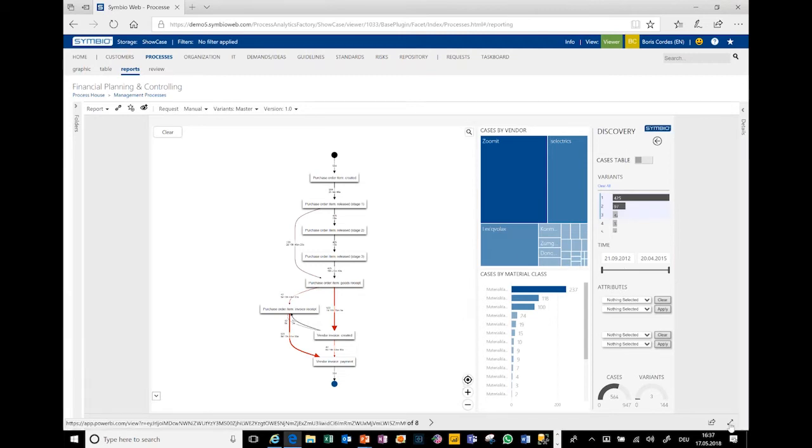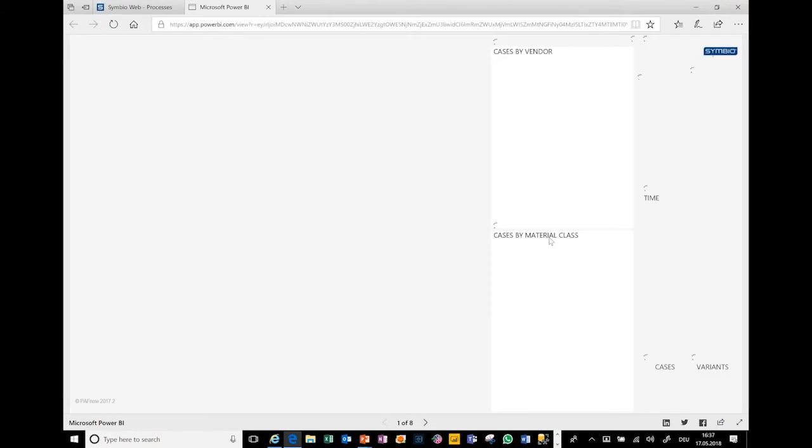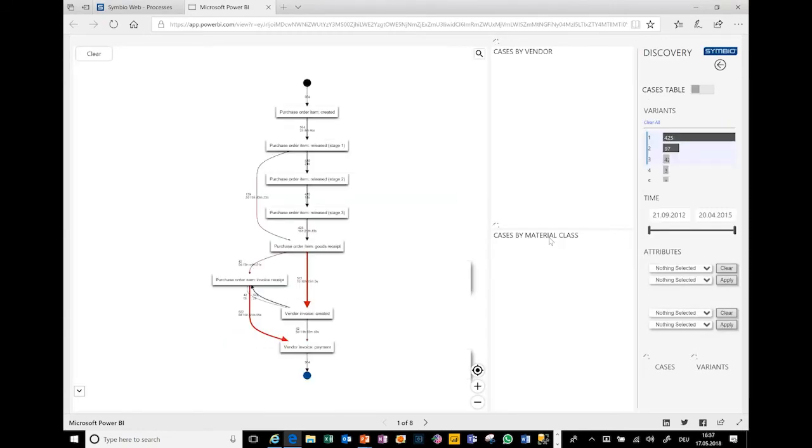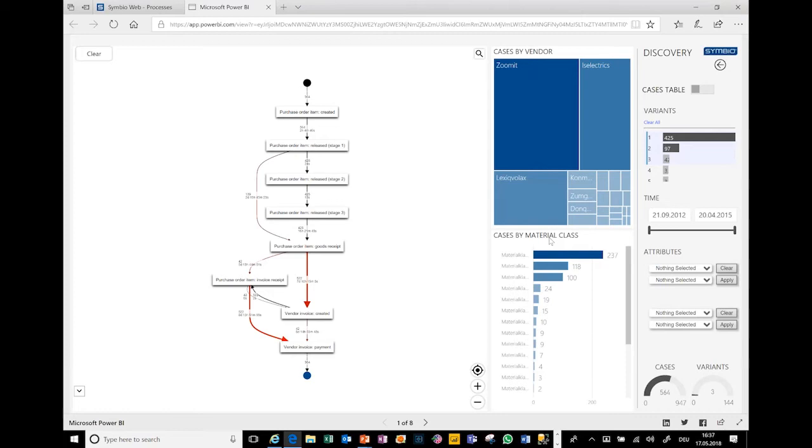And what I do right now is a full screen view. So I change the tab, but it's just for you to have a better view on the reports. I will walk you through a set of predefined reports just to highlight some aspects around process mining and what we do in this area.